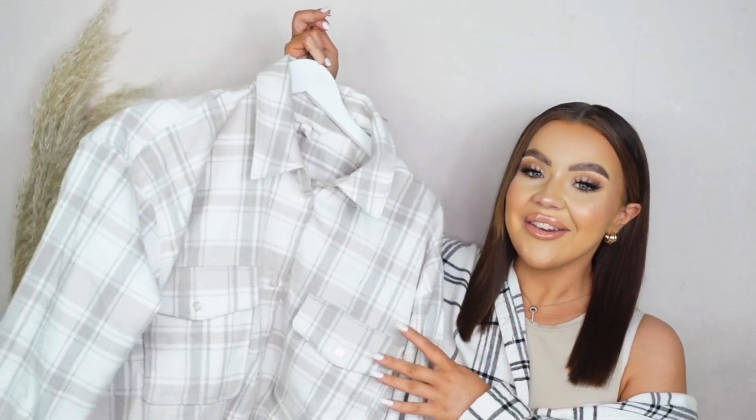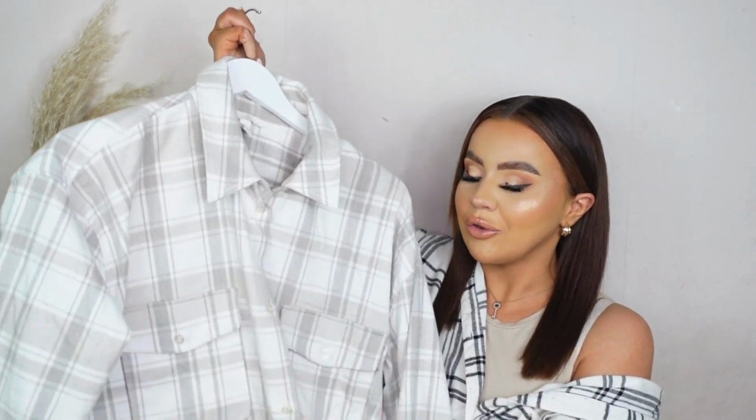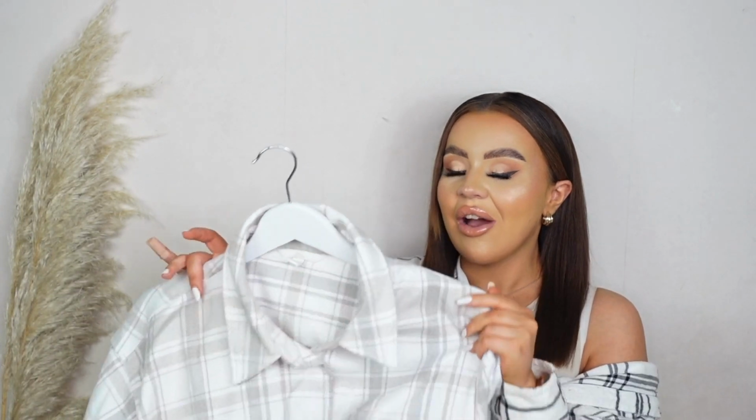Oh wow. Anyway, going back to this jacket, I love the collar as well. The buttons are a really nice neutral colour as well. I love the fact that it's all a neutral design, and I love the thickness as well. It's sort of like a thick flannel, because I did previously order one of the nice oversized jackets, which was really popular. It was one of the cream oversized jackets, and it was so heavy on me, especially if you're a little bit shorter. That much heaviness is just